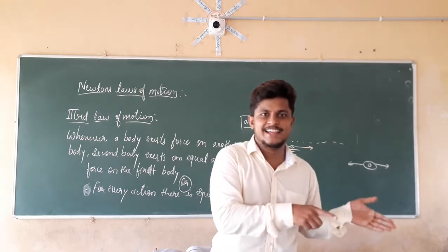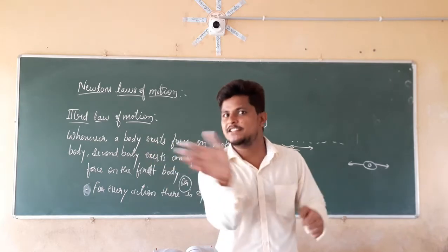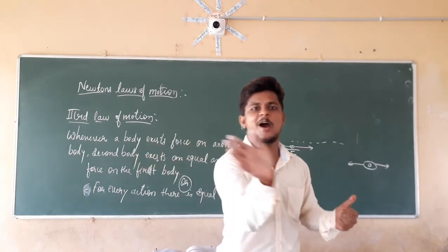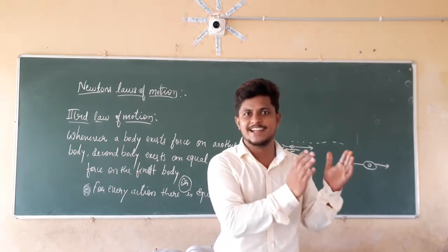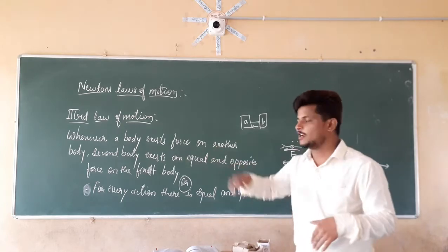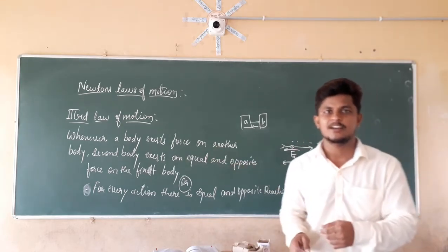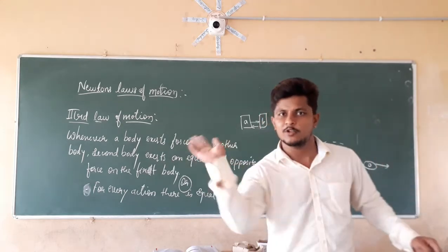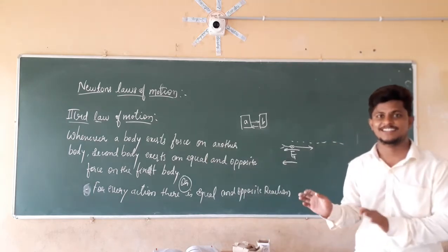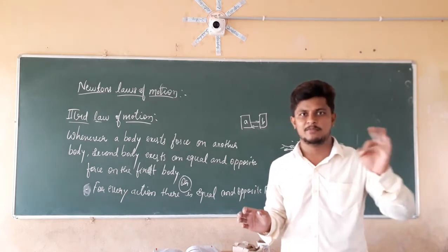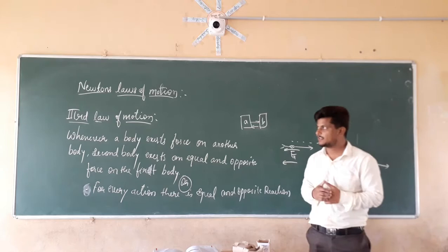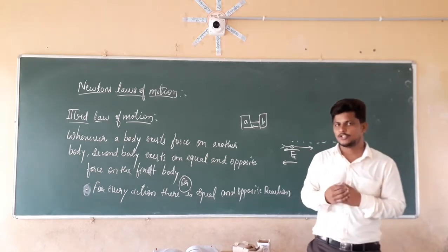So for every action there is equal reaction. Slapping is the equal reaction, but it is the opposite reaction. Equal and opposite reaction. If you want to remember the third law, you can remember it like this. That's nothing but for every action there is equal and opposite reaction. Don't write those things in the examination, just for general purpose, for remembering purpose. Now we are going to see some more examples of Newton's third law of motion.